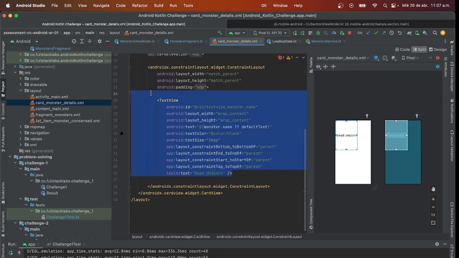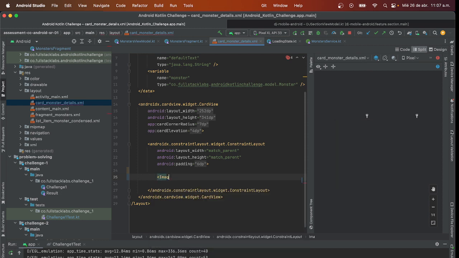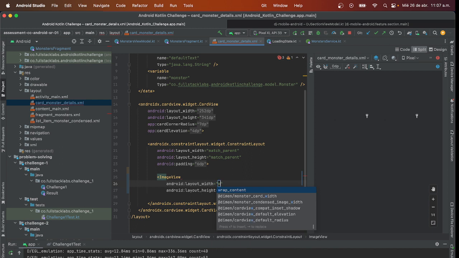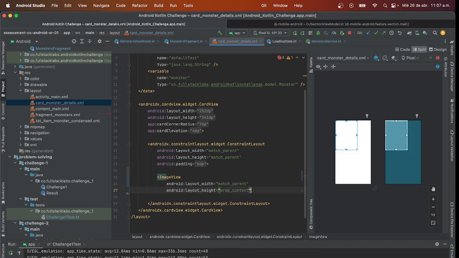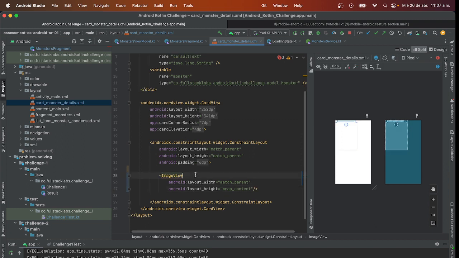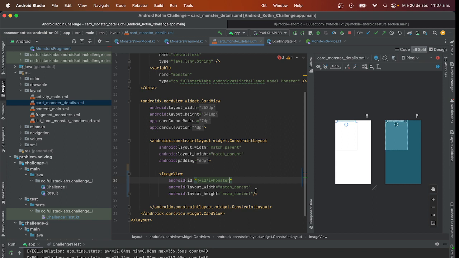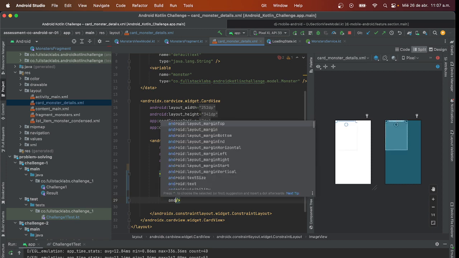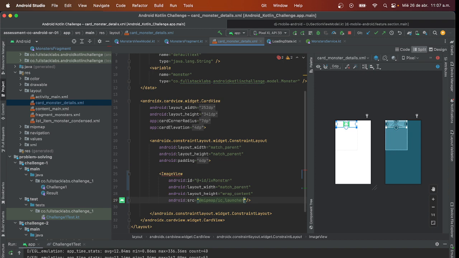let's delete this and create an image view. Image view. So that is going to be a parent. The content. There's an ID. The monster. And let's add a default image to see it. And for this example,